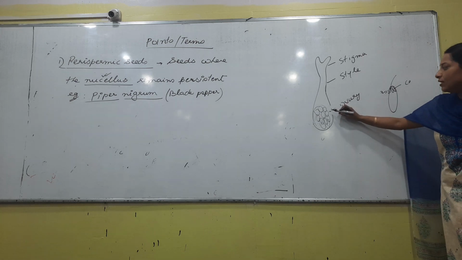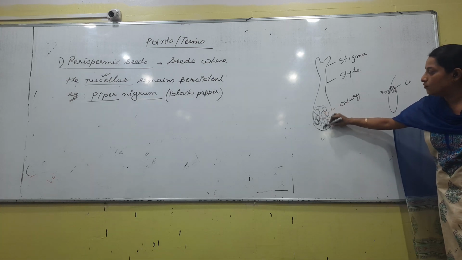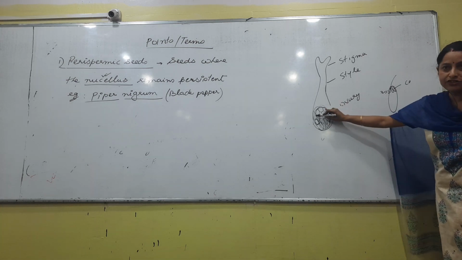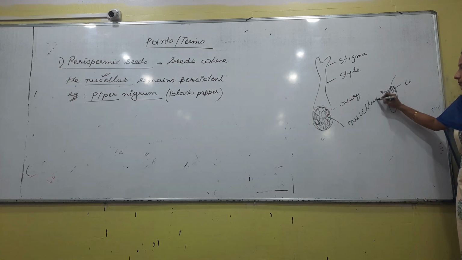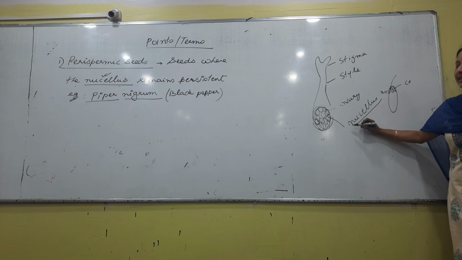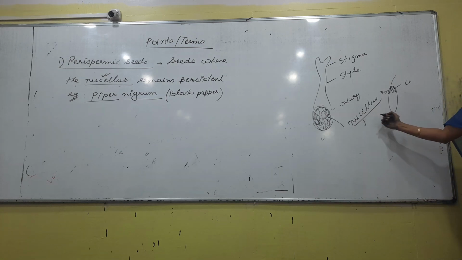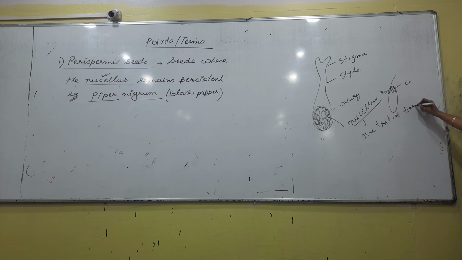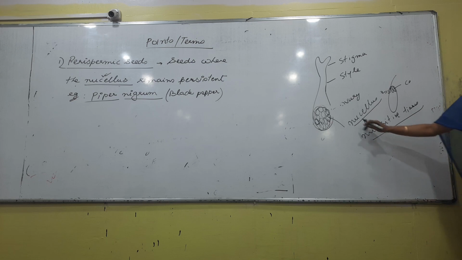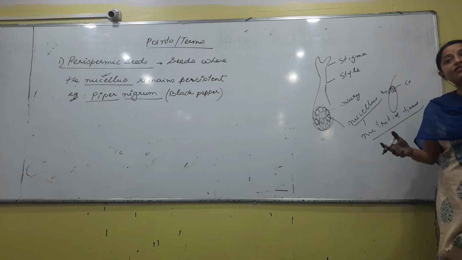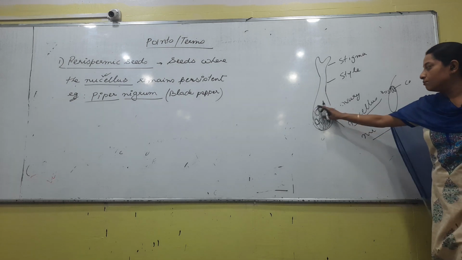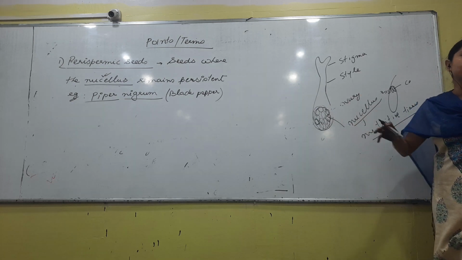Just to have an idea, as I said initially, the ovary had a collection of tissues. This entire collection of tissues was called the nucellus, right. The nucellus is nutritive tissue, right. So, inside the ovary there are some tissues that are nutritive; they will provide nutrition to whom? To the most important part of the ovary, that is the ovule, right.